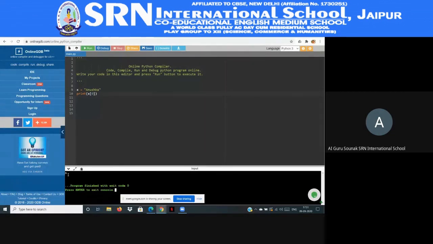That means the first letter comes with 0, then 1, 2, 3, 4 in this way. So in programming, a string starts with the 0th position. Clear? So the position of A is 0, N is 1, U is 2, S 3, H 4, K 5, A 6.